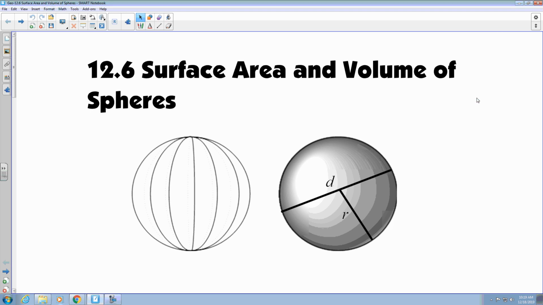All right, we're in section 12.6 where we're going to look at surface area and volume of spheres. So a sphere is the three-dimensional object of any type of basketball, baseball, volleyball, stuff like that. And like everything else, there is a specific formula for discovering what the surface area and the volume of